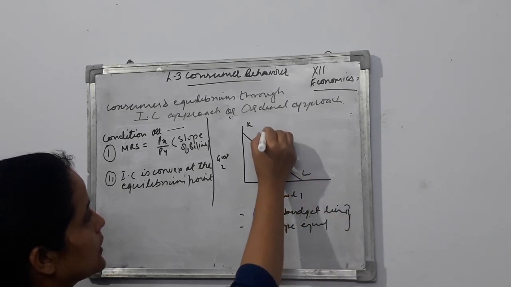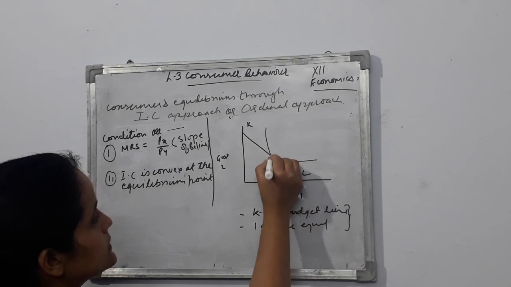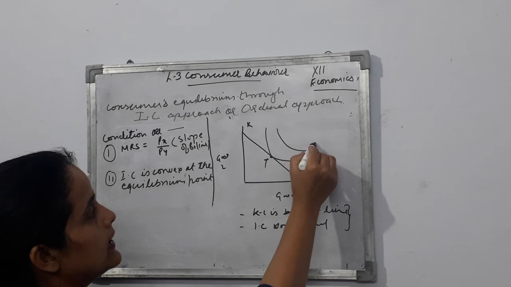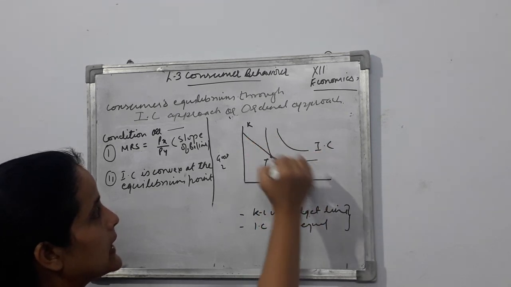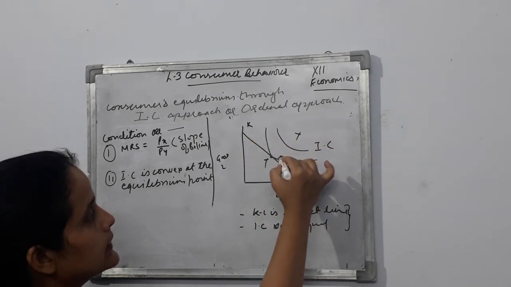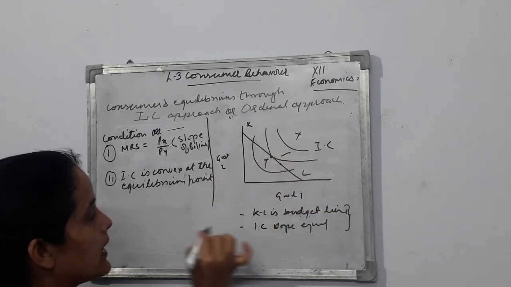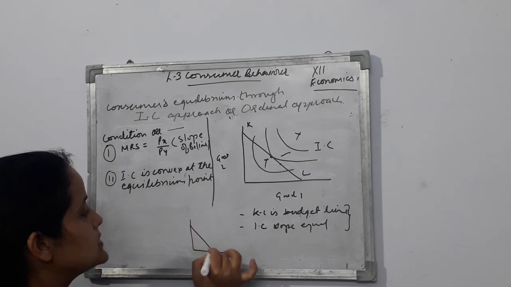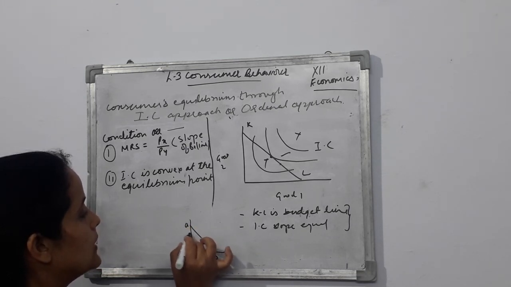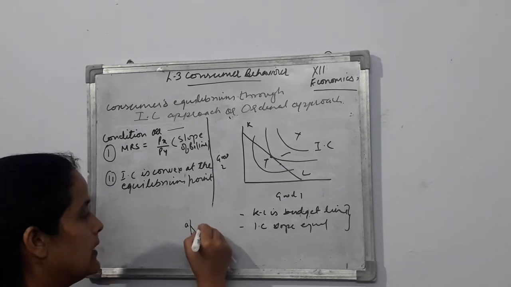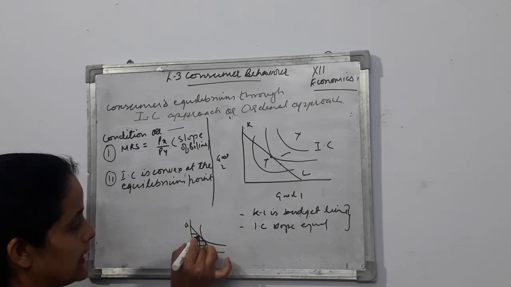तो यहाँ से आईसी ड्रॉ करेंगे, तो दिस इज द पॉइंट ऑफ योर इक्विलिब्रियम। इसके बाहर अगर कोई आईसी कर्व है तो वो आपके बजट से बाहर है, केएल से बाहर है, तो वो आपका इक्विलिब्रियम नहीं हो सकता, ये आपका इक्विलिब्रियम होगा। अगर मैं एक आईसी इसके अंदर ड्रॉ कर दूँ तो मतलब बजट लाइन के अंदर है। बजट लाइन समझ रहे हो ना, ये बजट लाइन AB आपको डिफरेंट कॉम्बिनेशन गुड्स के दिखाती है जो आप परचेज कर सकते हो अपने इनकम से। तो इसमें अगर मैं एक आईसी ड्रॉ कर दूं जिसका स्लोप उसके बराबर हो जाए, बजट लाइन के एक पॉइंट पे टेंजेंट ड्रॉ करेंगे तो दिखाई देगा आपको, टेंजेंट ऑलरेडी ड्रॉन है.